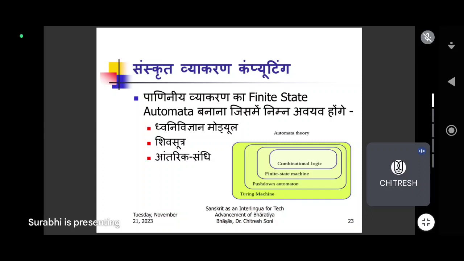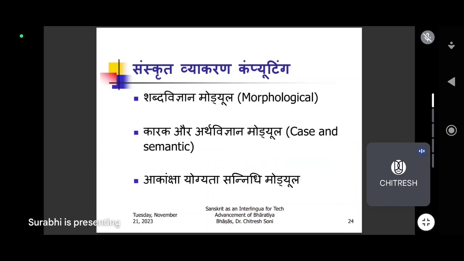automatic manner in human brain and human ear. सो ये सिखाना कंप्यूटर को ध्वनि विज्ञान मॉड्यूल कि कैसे उसका इंटरप्रिटेशन किया जाएगा, वो सिखाना। दूसरा जिसको आप सिंपली आज आप कहते हैं कि स्पीच टू टेक्स्ट, दूसरा शिव सूत्र, और तीसरा आंतरिक संधियां, क्योंकि संधियां कंजक्शन वर्ड होते हैं। ये तीन चीज सिखाना। Next, उसके बाद में फाइनाइट स्टेट ऑटोमेटा के अंदर उसके अलावा शब्द विज्ञान मॉड्यूल, मॉर्फोलॉजिकल थिंग्स, फिर कारक और अर्थ विज्ञान मॉड्यूल, केस मार्कर्स, हर शब्द का हर वाक्य में क्या मीनिंग होगा उसका, because संस्कृत is a very, you told earlier that